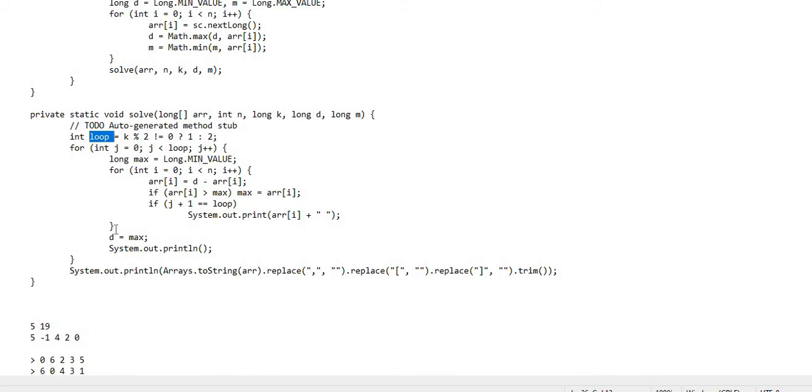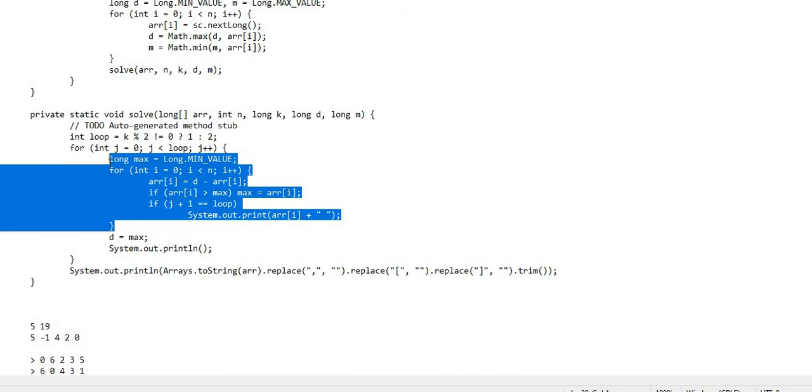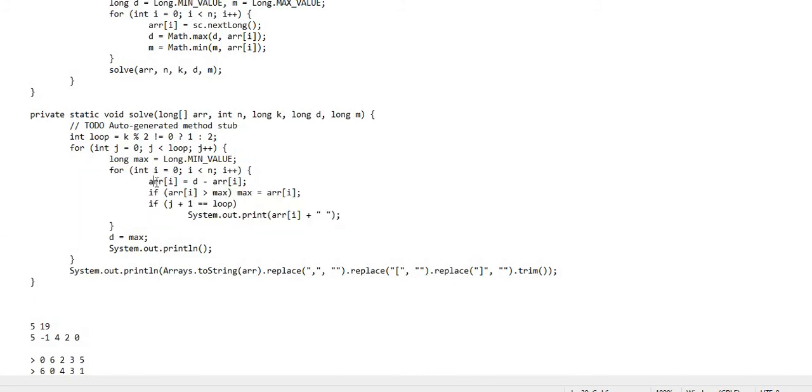After that I iterate through a for loop over the whole array, updating a_i based on the d minus a_i formula.